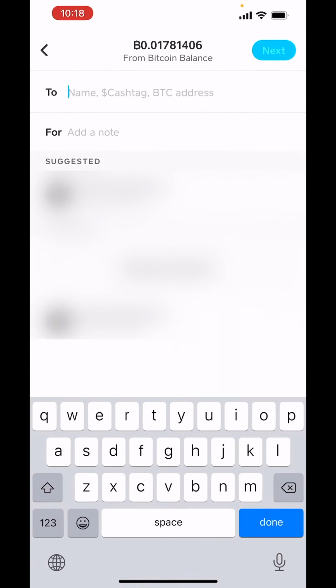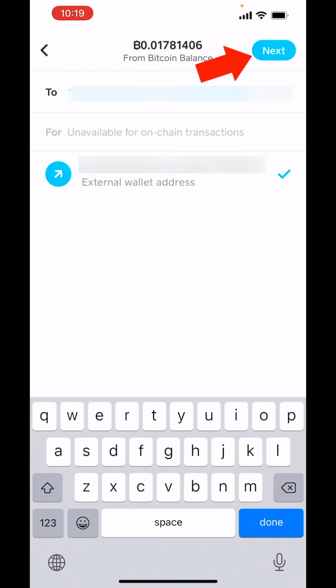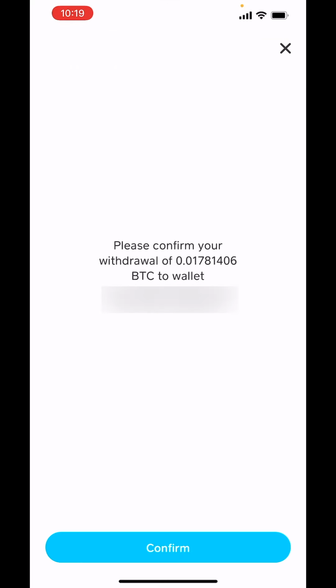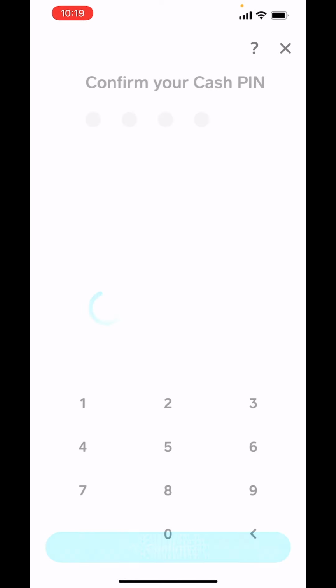So if I come back over here to Cash App, I'm going to put my address in here and click on this external wallet. And I'm going to click next. And it says please confirm your withdrawal of Bitcoin to this address ending in... I'm just going to look at the last 4 characters, just to verify that it's the correct address that was input. I'm going to hit confirm, put in my PIN number,